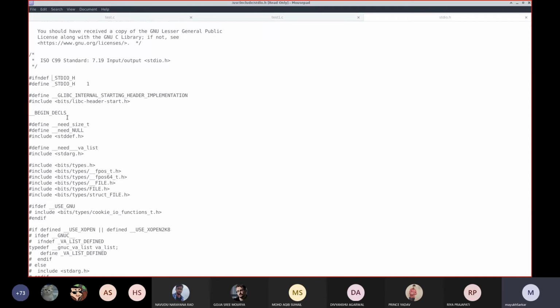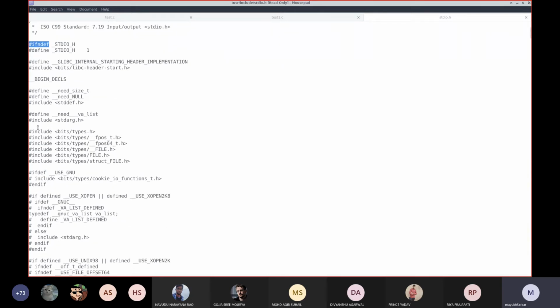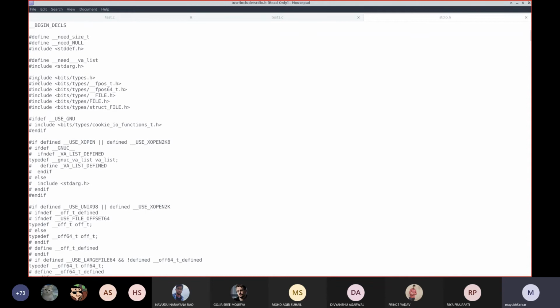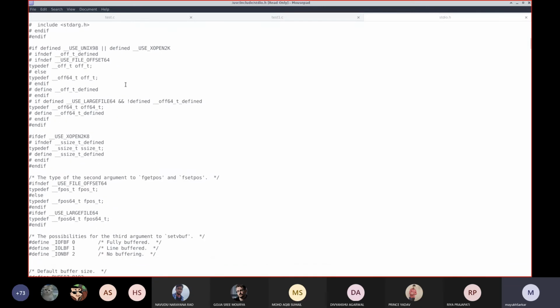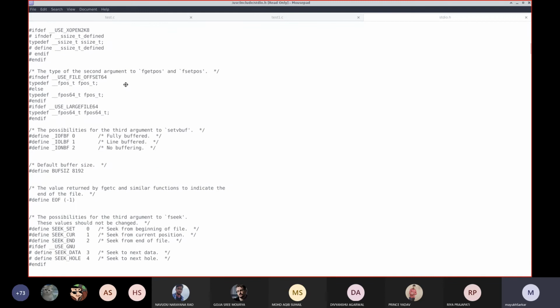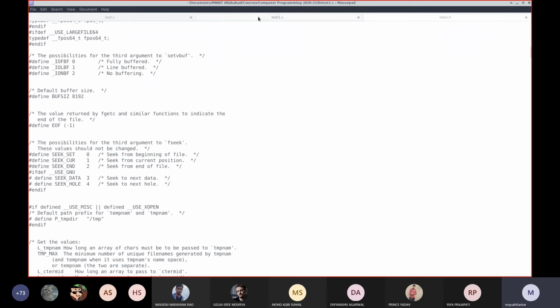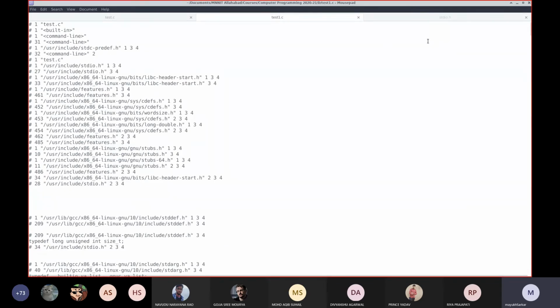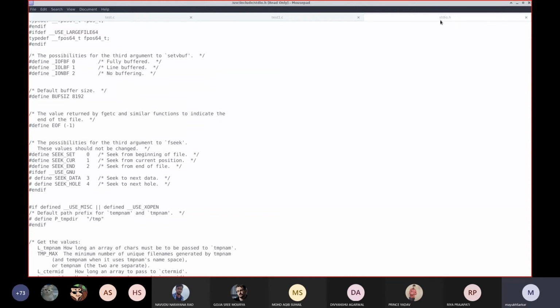Before bringing the stdio.h, it resolved these macros further. That means before stdio.h, the contents of these files were also brought into stdio.h, and all the macros have been resolved. Then stdio.h has been put into the beginning of test1.c.